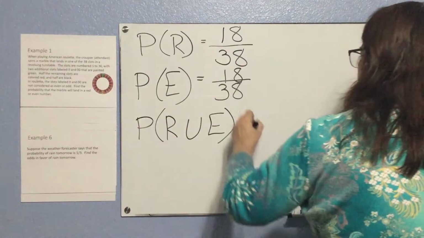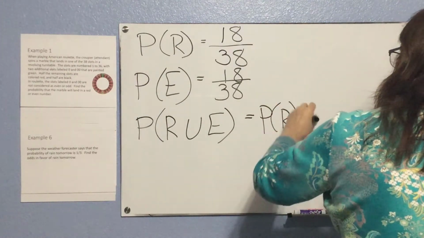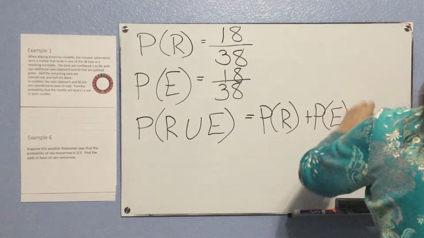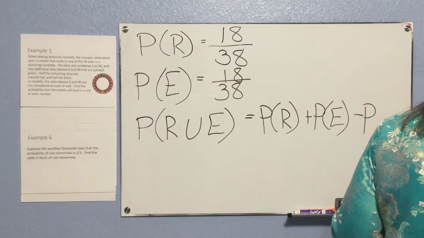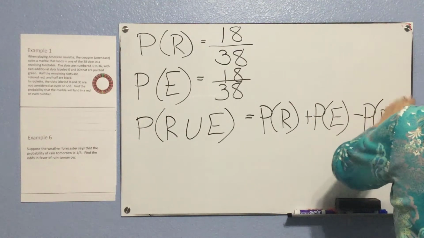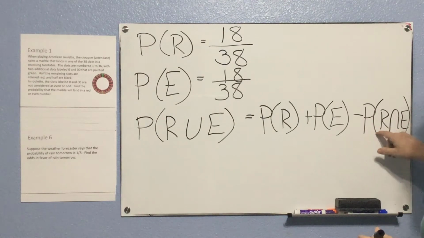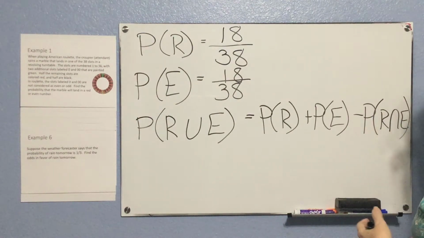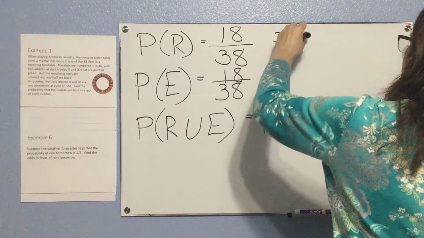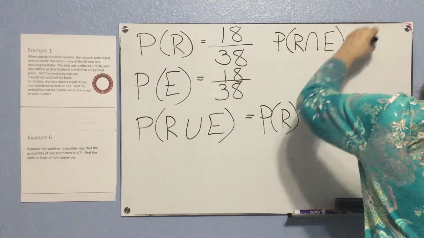So we want to know the probability of red or even. And so we're going to look at the probability of red plus the probability of even minus the probability of red and even. To solve this problem, we need to know how many of the red slots are also even numbers. And so we find out that the probability of red and even is 8